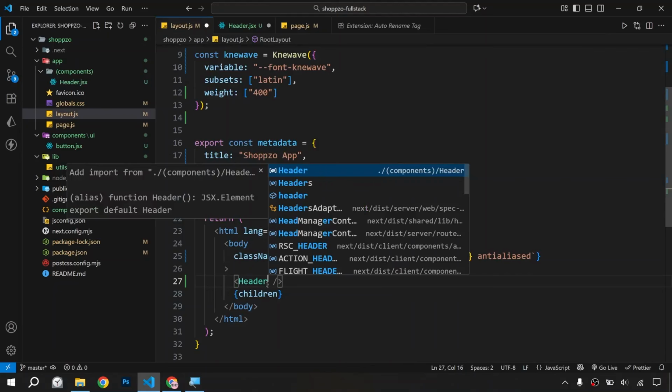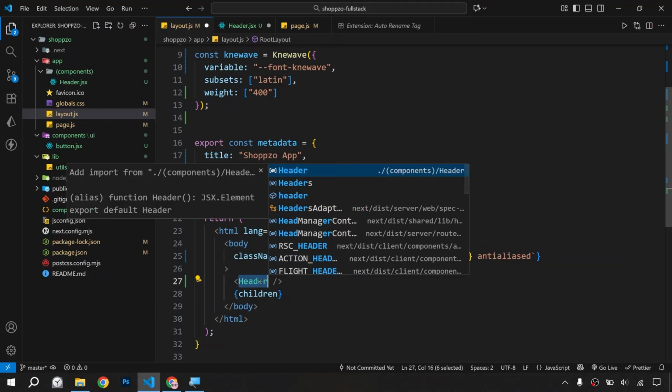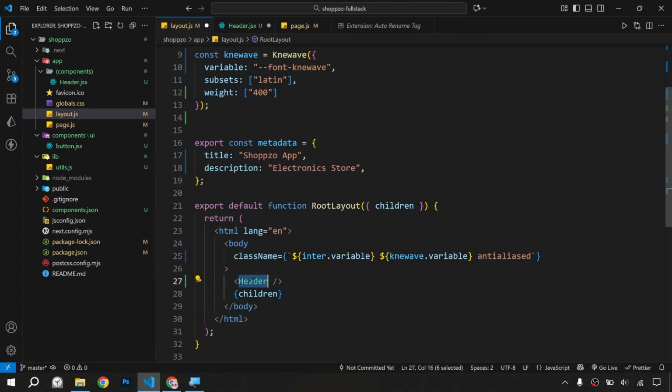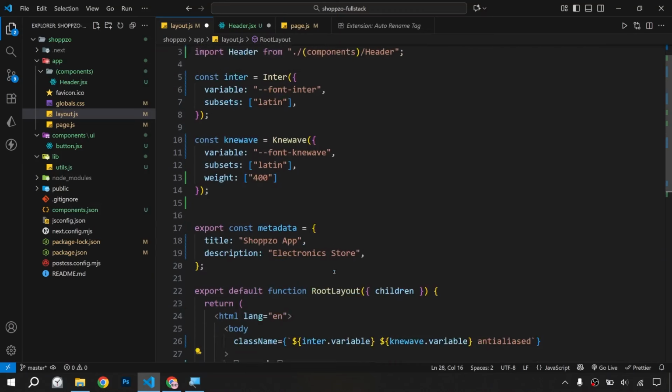I will write header, and it's automatically suggesting the header component import path. You can also get it by writing the name, or you can double click the name and then press Ctrl+Space. When you select the component name and then press Control and Space, then you will get the suggestion as well. Okay, so